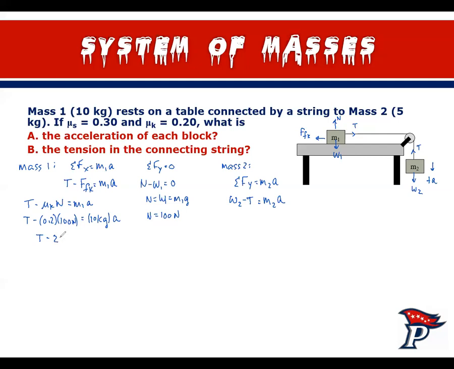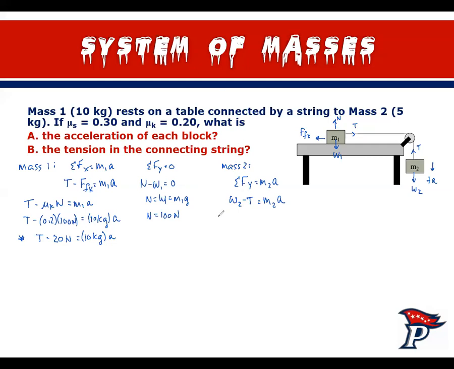Right, what is that, 20? So now I get to this point where I have just T and A as my two variables. So I have to stop at this point right here, right? Because I've got two unknowns in this equation. So if I come over here to